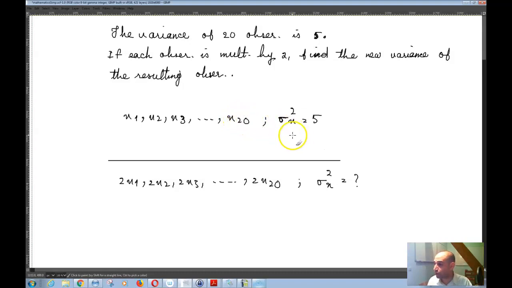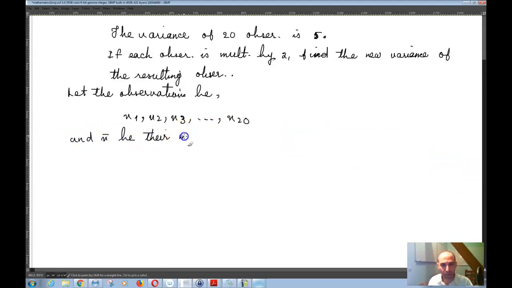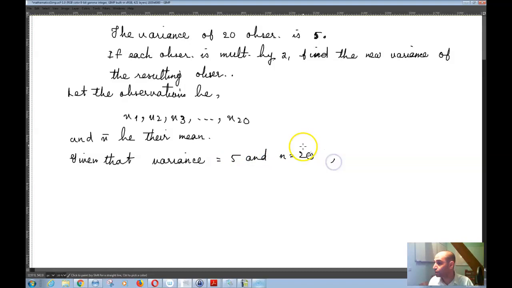So now let's see what we have here. Let the observations be x1 to x of 20, and let x bar be their mean. So that's basically what we have done here. Given that variance is equal to 5 and n is equal to 20, we know that